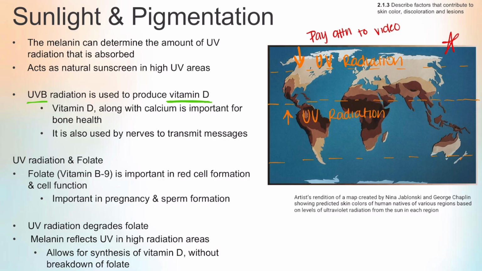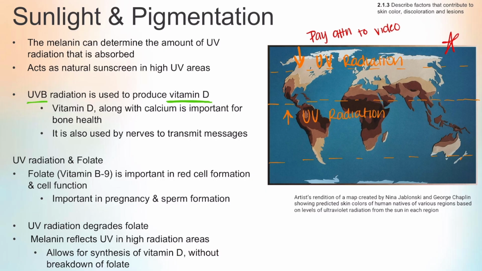Now, vitamin D is going to help us process and intake higher amounts of calcium, which leads to us having a stronger skeleton, so stronger bones. Vitamin D is also going to correlate to nerve health. When we talk about the nervous system, vitamin D is a very important supplement to have in the system to ensure that the nervous system is functioning properly. So vitamin D, UVB radiation, very, very good. We want it so that we have a strong skeleton,